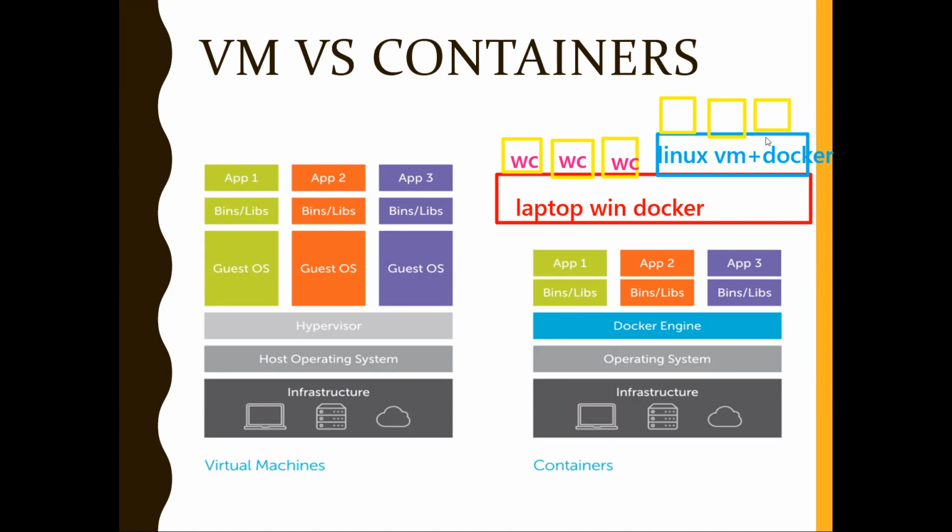They will share the kernel of this host. Right? These Linux containers will share this kernel. These Windows containers will share this kernel because for Windows containers, this is the host. For Linux containers, this Linux VM, which is running on Windows, is the host. Got the concept, all of you?